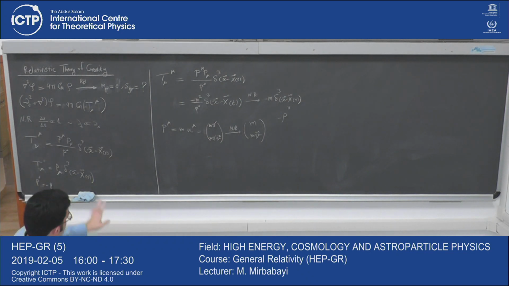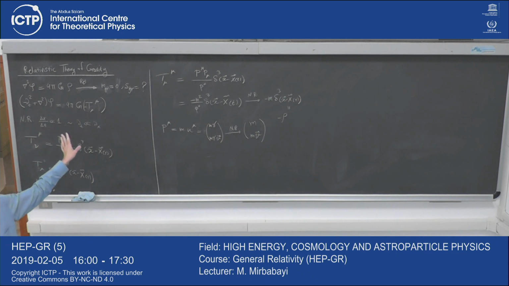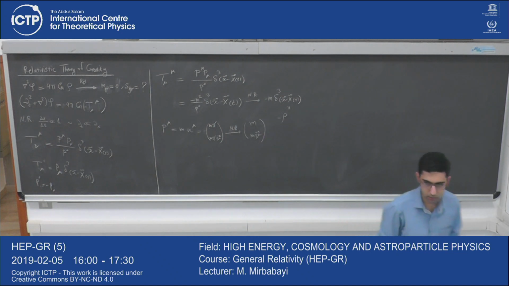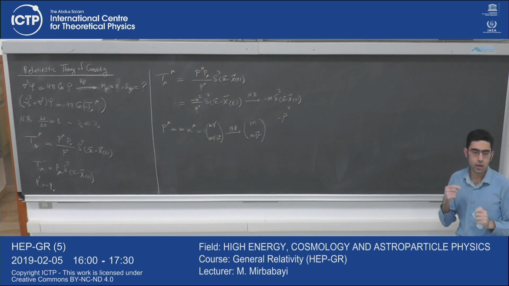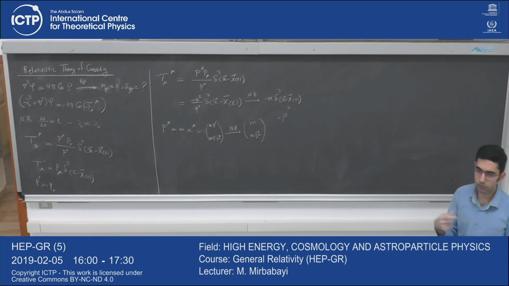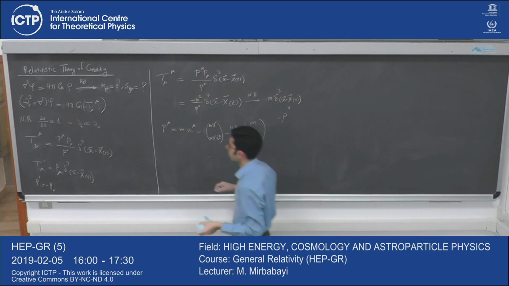Okay, so it seems to satisfy at least the criterion for reducing to the Newton's gravity or Poisson equation for the gravitational field. Now you can ask, how does it modify the motion of the particles or fields? So we want to